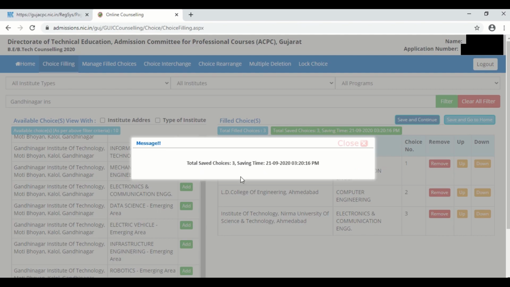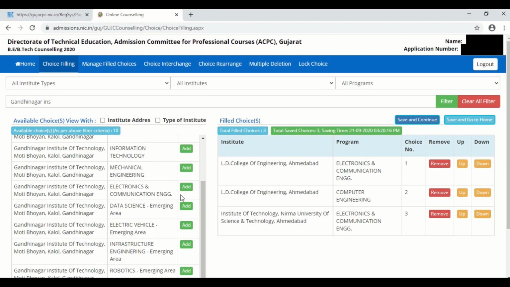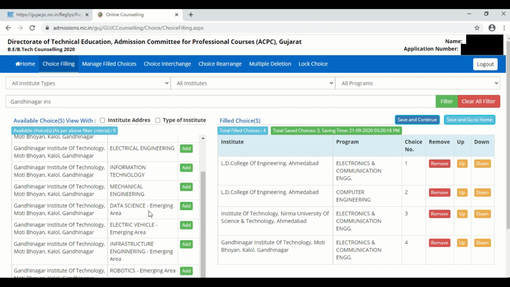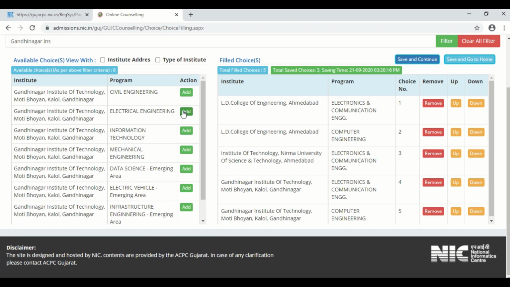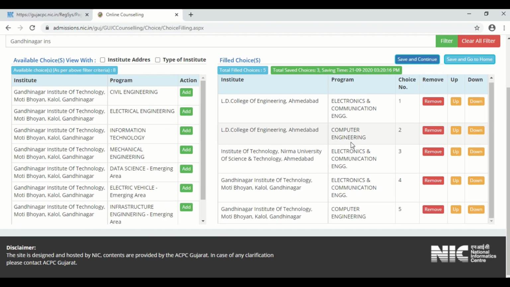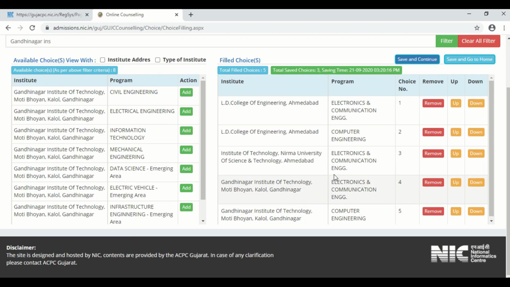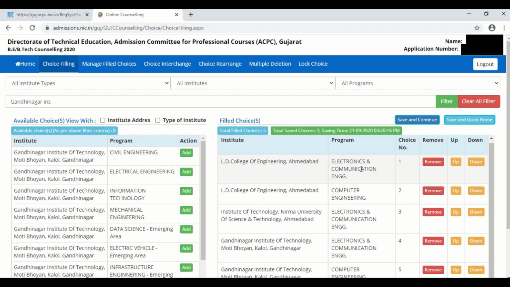Whenever it asks you to save it, you just click on save and close. Let's say I've added this particular course from here. I've also added, let's say, computer engineering from here. So now my list is populated and we have around 5 courses. So 5 courses are available now. So that was all about choice filling.